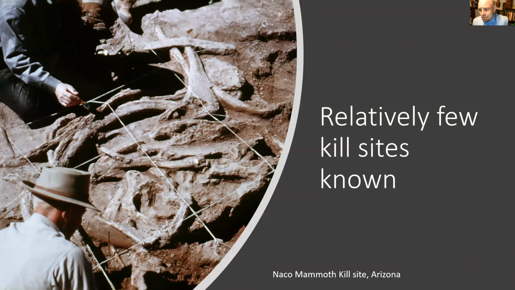Now, we don't have lots of evidence of mass killings of megafauna. We do have some mammoth kill sites. There's 7 or 8 of them I can think of off the top of my head. A famous one is the Naco mammoth kill site. It's about 8,000 years ago or so, if I remember correctly. But there's not a lot of these mass graves of mammoths per se, where there are lithic points in their ribs that are smoking guns. But we see this drastic decline.